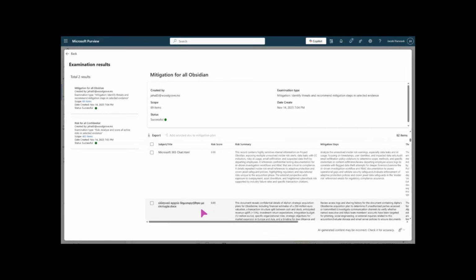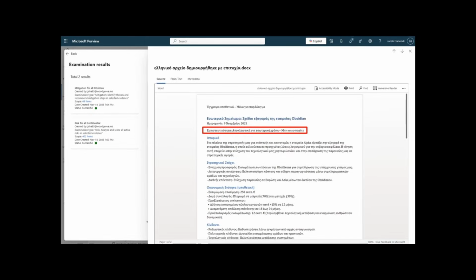We tell you what's in it, what's risky. We tell you the mitigation steps. And then this is just a proof in the pudding that this document has no English. For those of you that speak Greek, hopefully it'll make sense to you. And if you didn't know this is Greek, but again, this is one of the demos I always like to show, the power of generative AI, again, with multi-language.